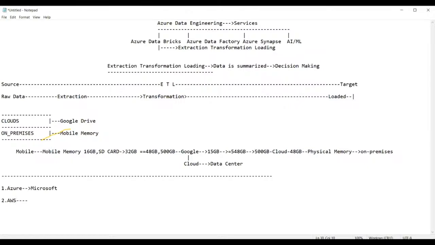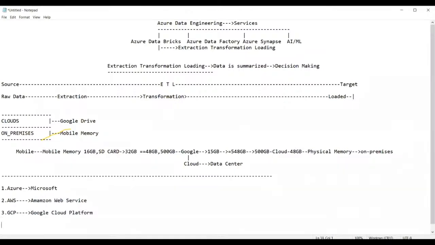AWS is from Amazon Web Services. The third one is Google, GCP, which stands for Google Cloud Platform. Google Cloud Platform, okay, guys.